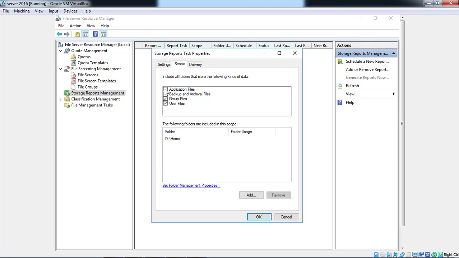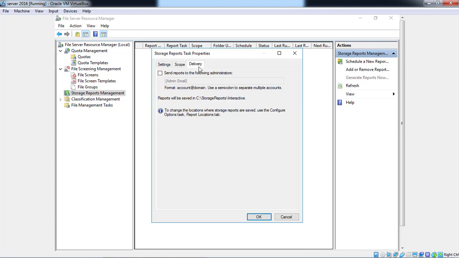Right now we are selecting the application files. We have not created backup and archival files. And you can also see one of the options here is Exchange.